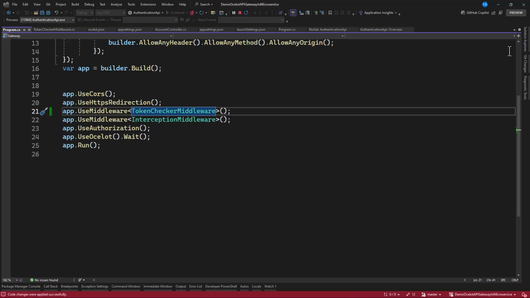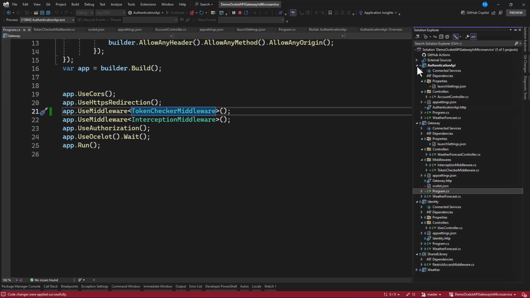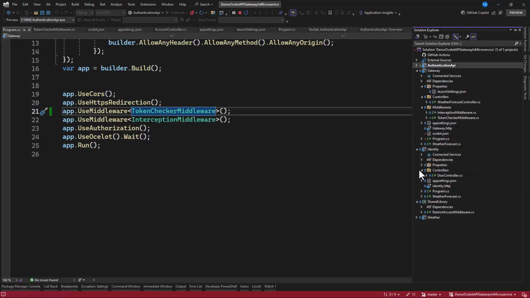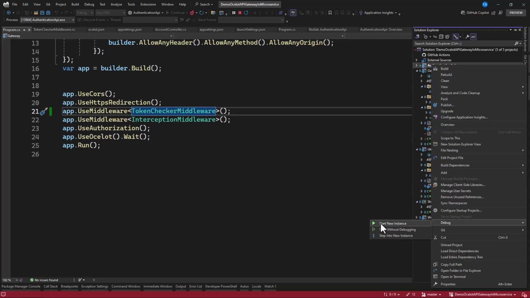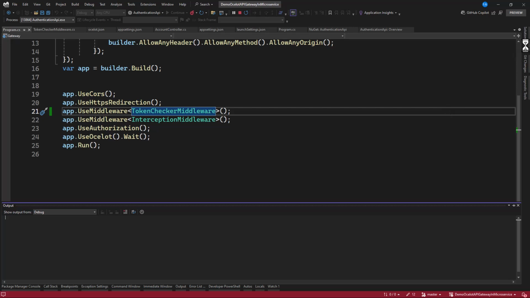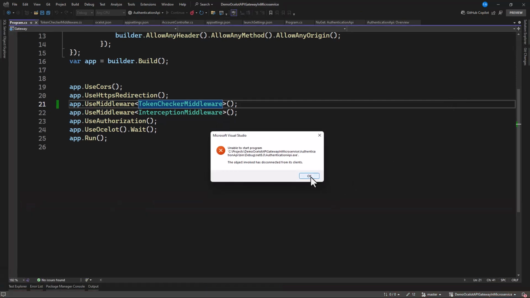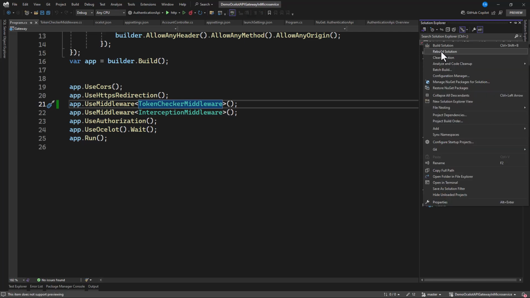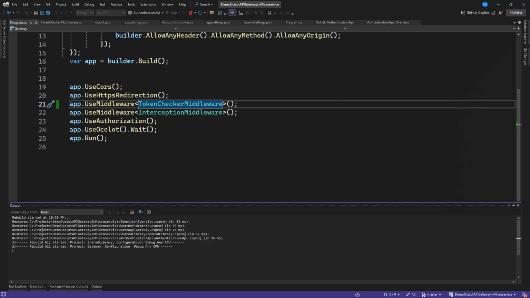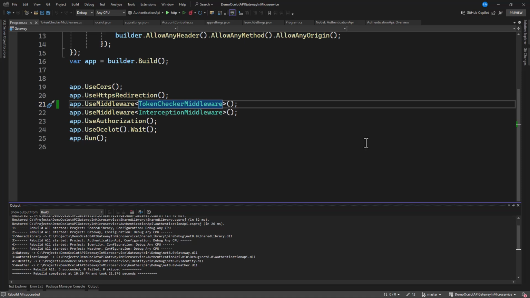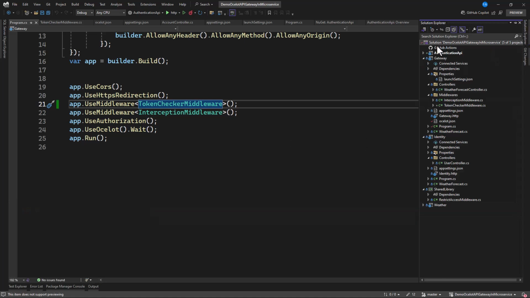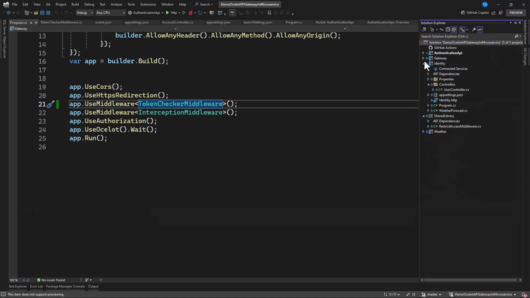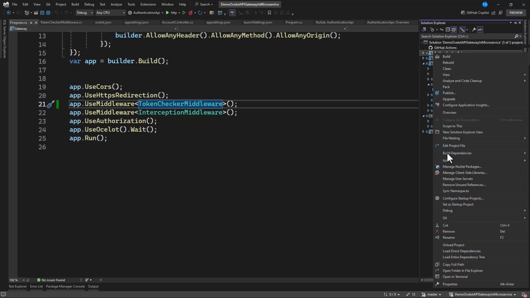Let's run the whole project and then check it out. So this authentication, right click on debug, let's start this instance. Let's rebuild this project once more. That is built. So right click, let's go to authentication and start this.